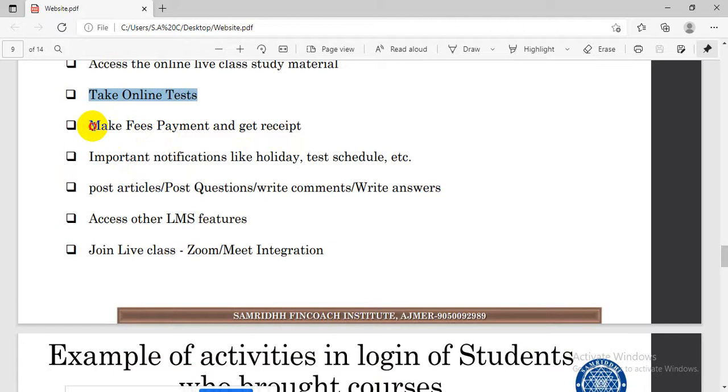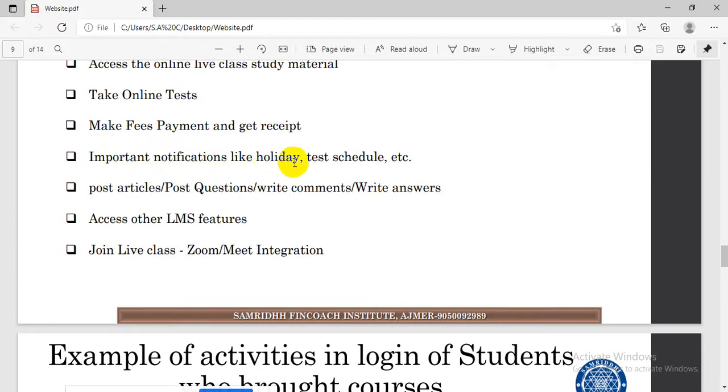They can make payment. For the payment section, we will use WooCommerce, and WooCommerce has a feature that gives them a receipt for the payment, like an invoice. Once they purchase, they will have a PDF with all the details, like how much they paid and which courses it was for.